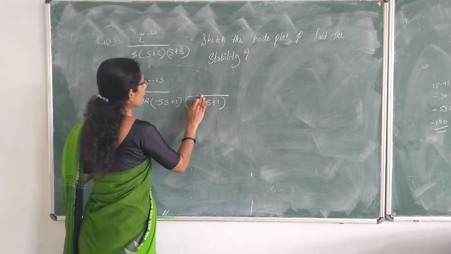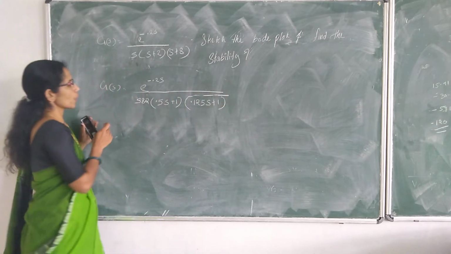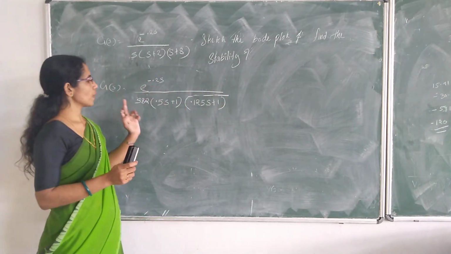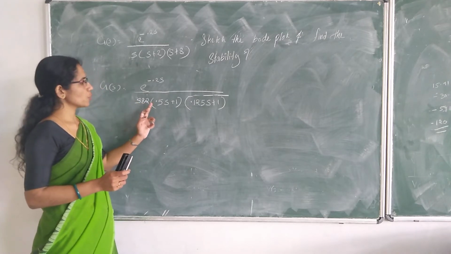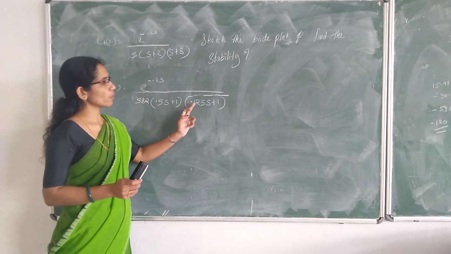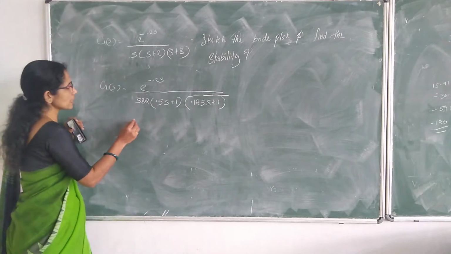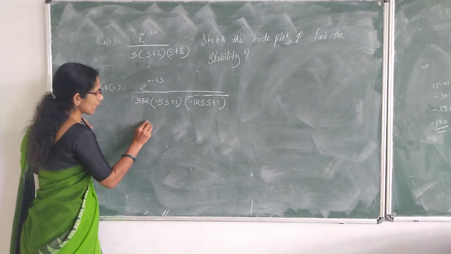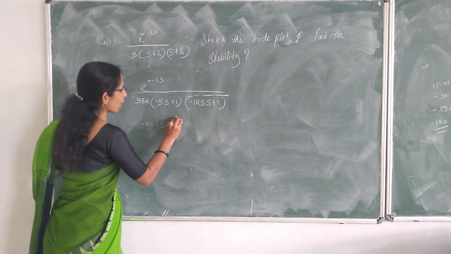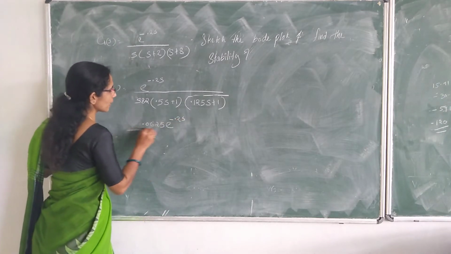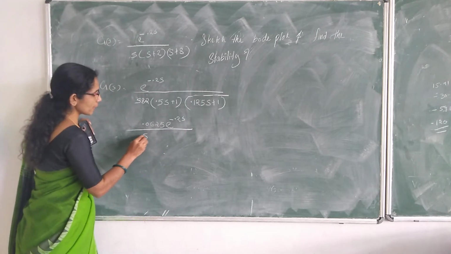So we got g of s equals e raised to minus 0.2 s by s into 8 into 2, 16, into 0.5 s plus 1 into 0.125 s plus 1. That is 1 by 16, that is 0.0625, e raised to minus 0.2 s divided by s into